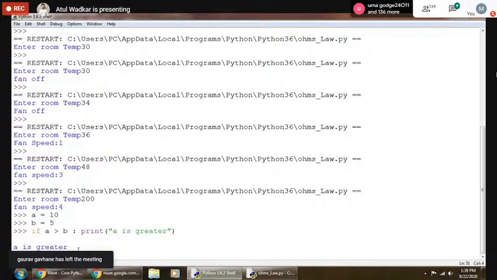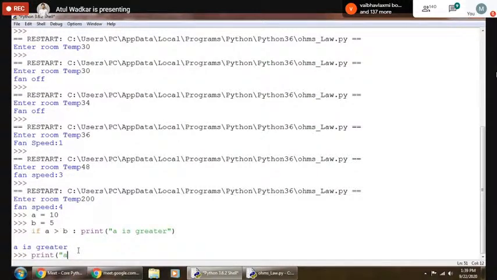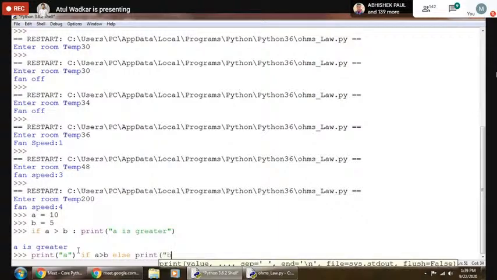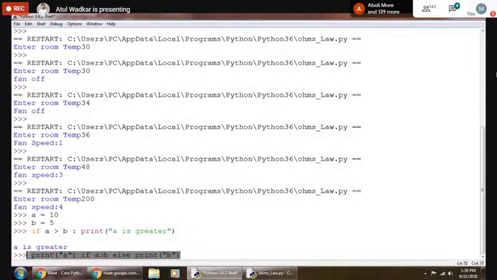Otherwise, if the B is greater, then I have to print B. So in that case, I'll write like this: print A if A is greater than B, else print B, like this. Okay, so now again in this particular statement or in this particular line, so it's like English language